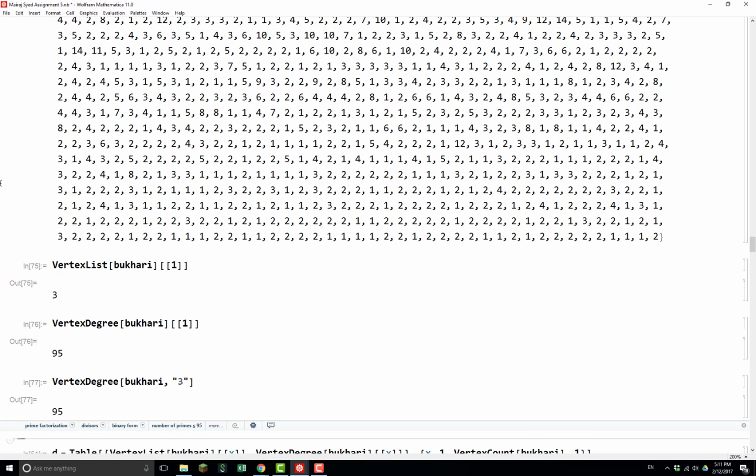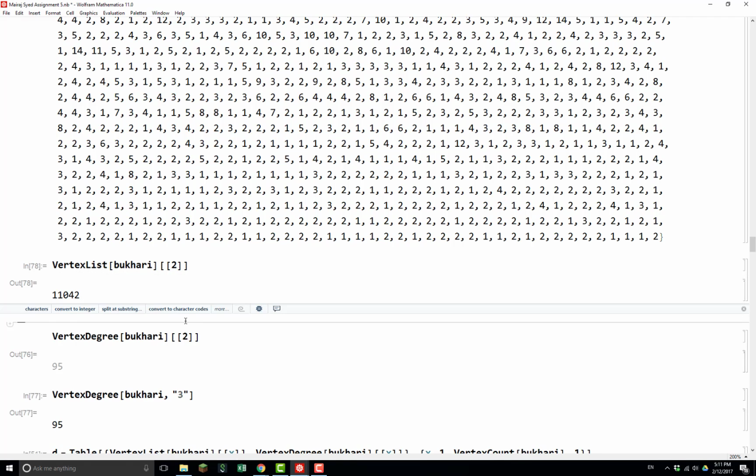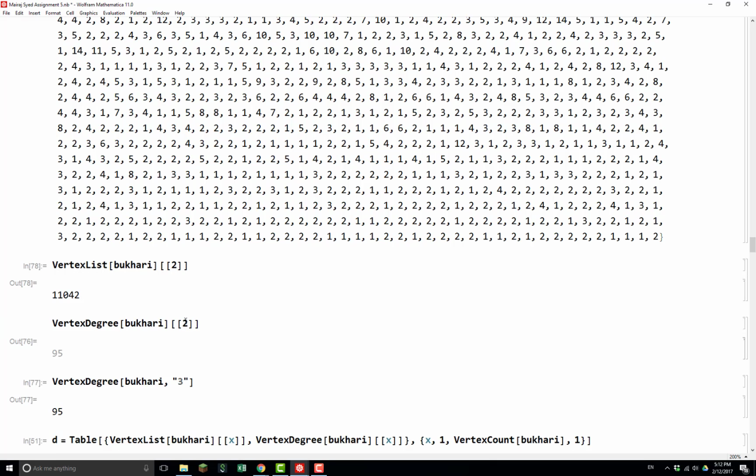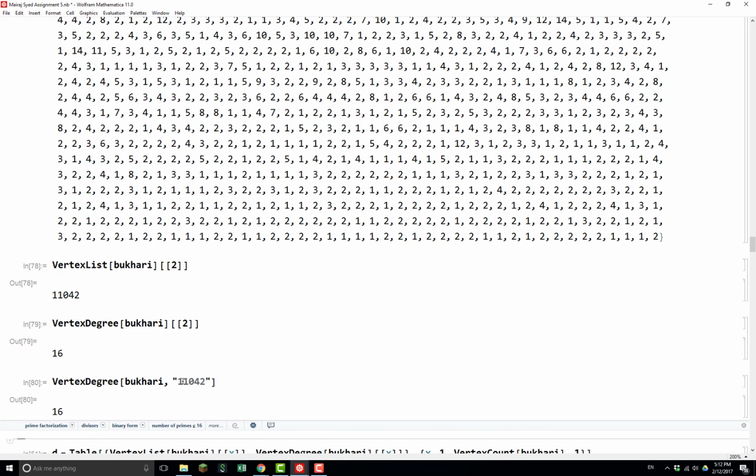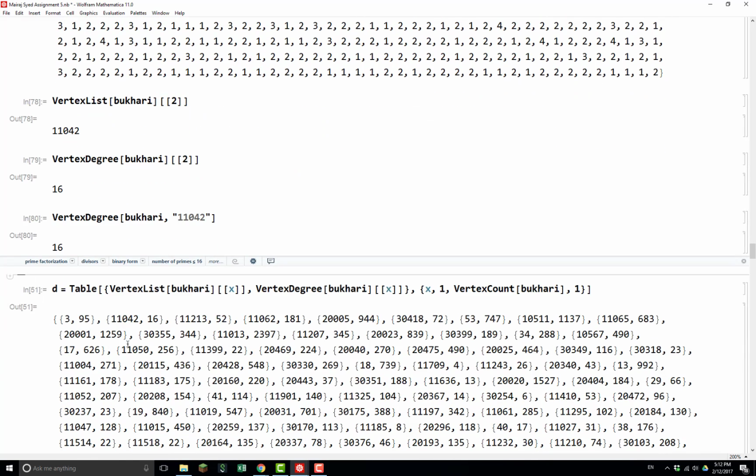The problem, though, is similar: if you do 2 here, then you did 2 here, 11042 is the ID. How many times does 11042 occur? 16. And then it gives you that. So basically what we would need to do is create this new table where we have